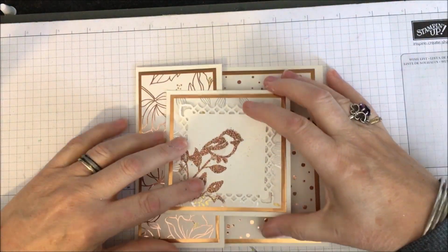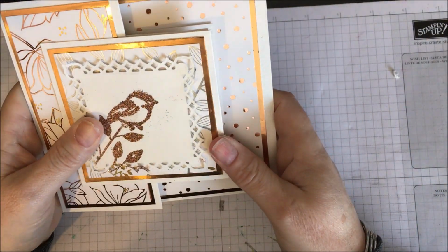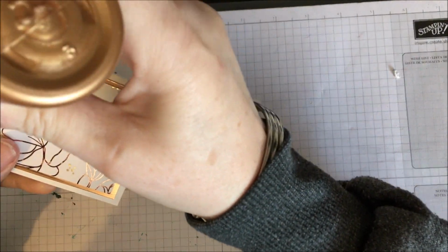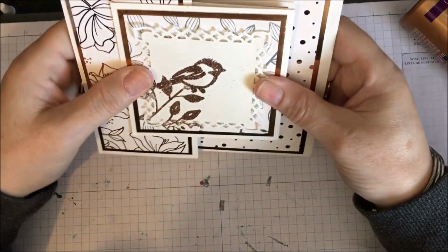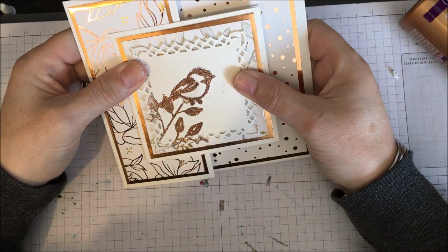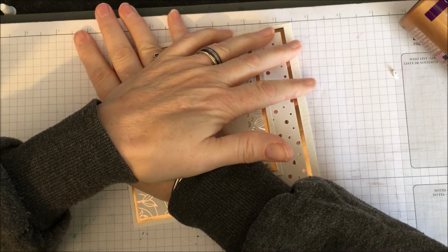So now you just have to glue these 2 bits on here. And then it fits. So just guesstimate. I'm going to use glue and hope that it sticks. And then you just slide it so that you get it in the middle. Okay, and then you can press that one down and hold it a little minute or 2 or 4 or 7,